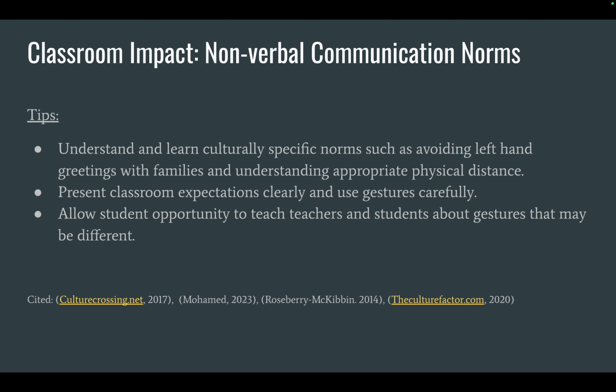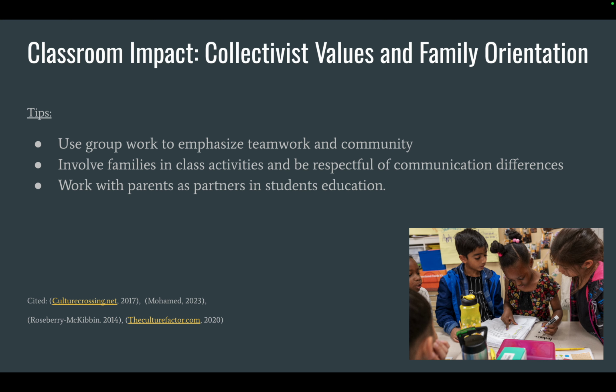On our next slide, we're discussing collectivist values and family orientation. Teachers need to be wary of what their students are doing. Arabic culture is collectivist and they value family above all else. Students may seek approval of family or discuss with family members before participating in extracurricular activities or projects. Family expectations and cultural norms may also take higher priority over personal achievement and can be the driving force